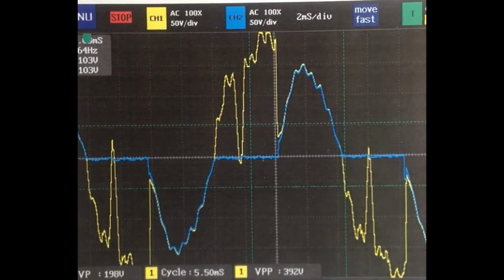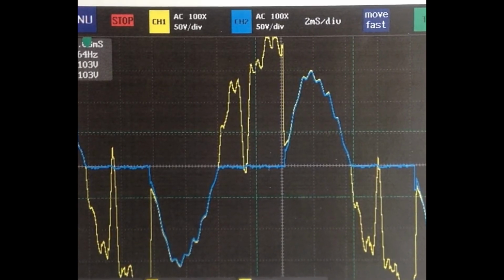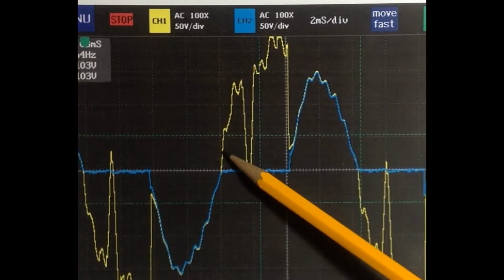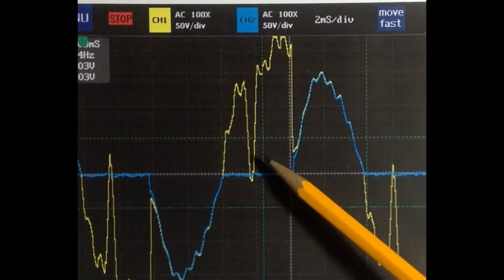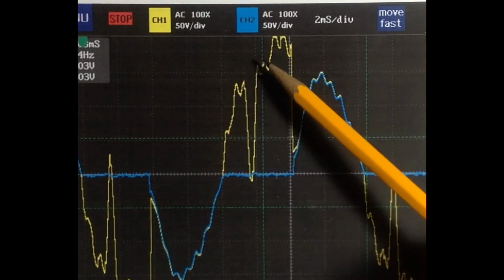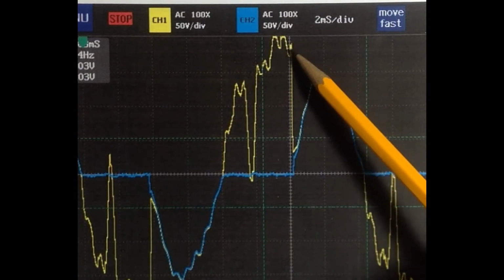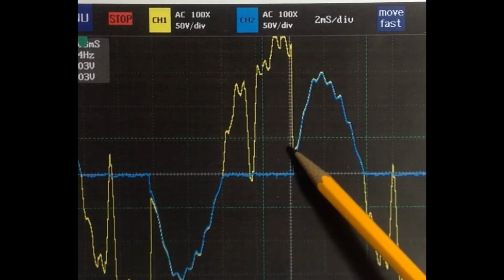And finally, when we switch the lamp on, well, things really kind of go nuts. Our waveform, let's say our cycles, if I start here, we see this is the characteristic dip, which for some reason has been made much deeper than the unloaded situation. And then when the lamp fires right past the peak voltage of the supply,